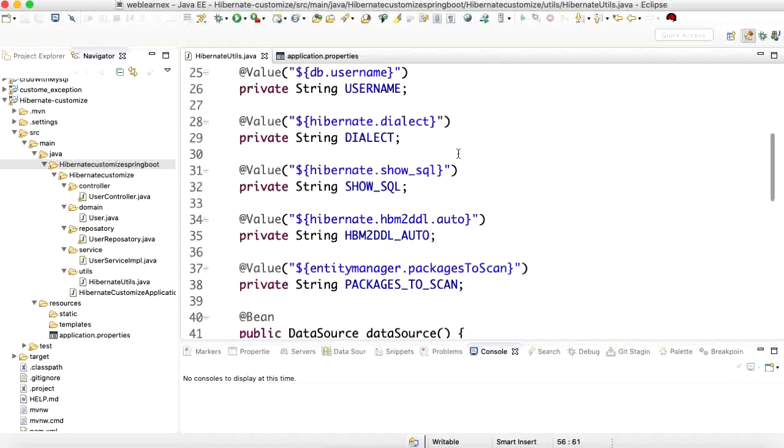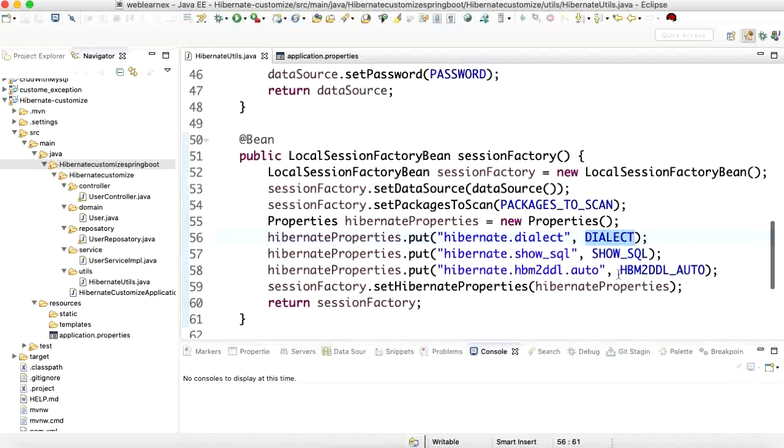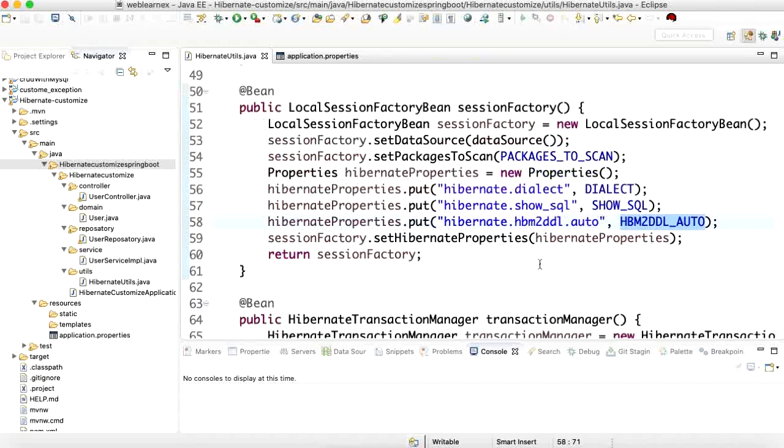I pass my dialect, which is loaded from the property file, and Hibernate show SQL, which will show all my queries. Hibernate automatically creates tables for me, so that's why I have added hbm2ddl.auto equal to update.